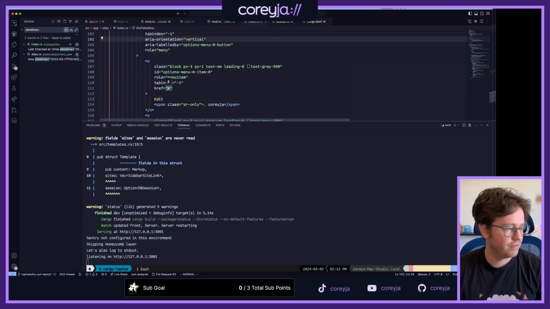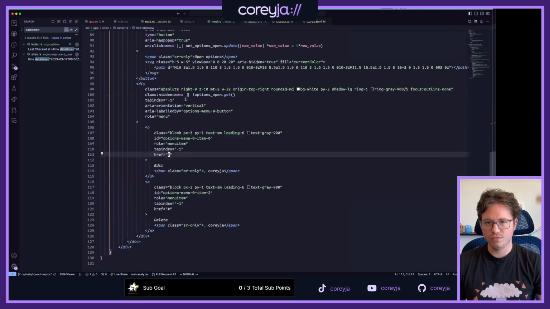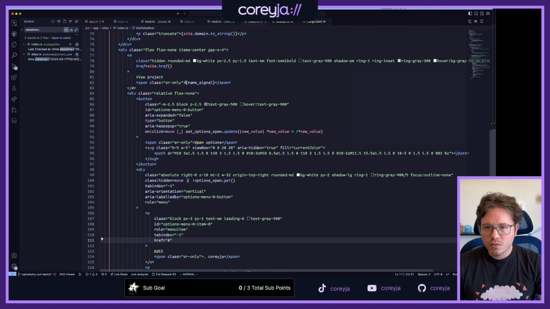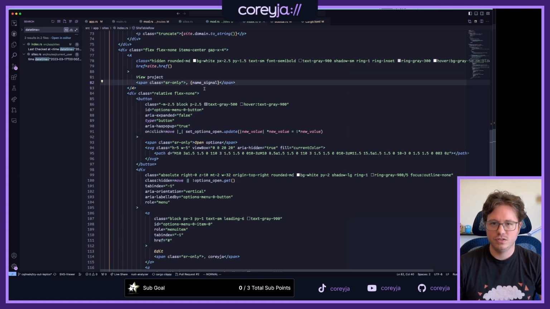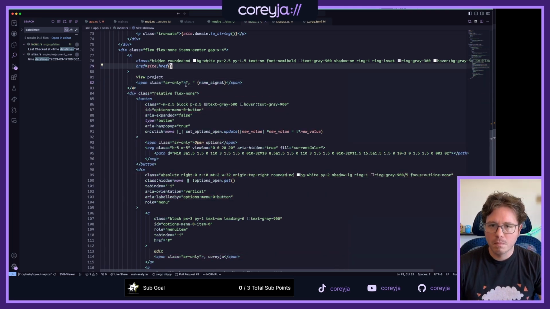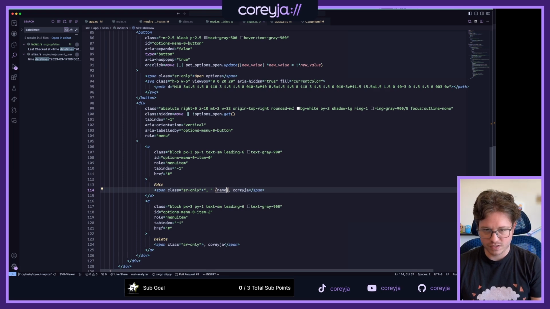Oh, because they just have hrefs that are hashy, which is perfect. So this though wants to be name signal again. Can I do that? Will it just let me? And then this is just name signal.